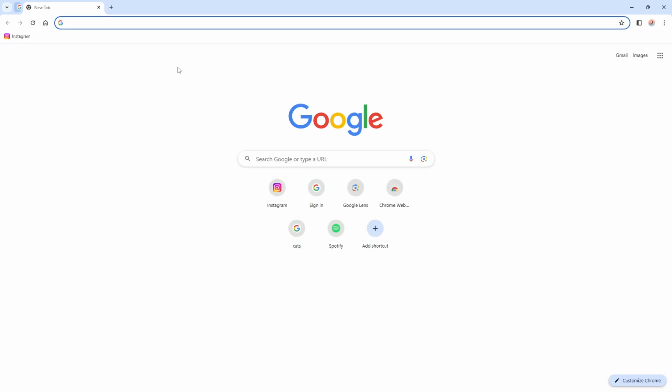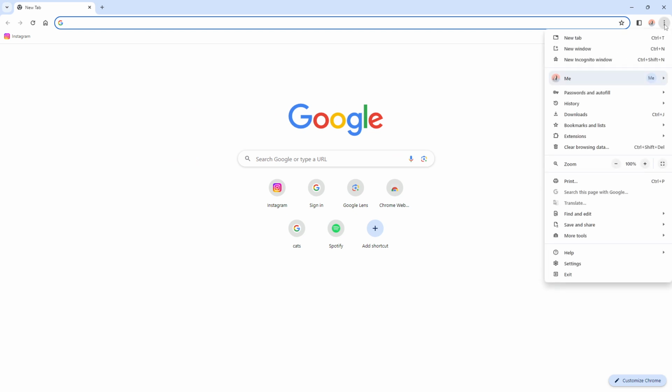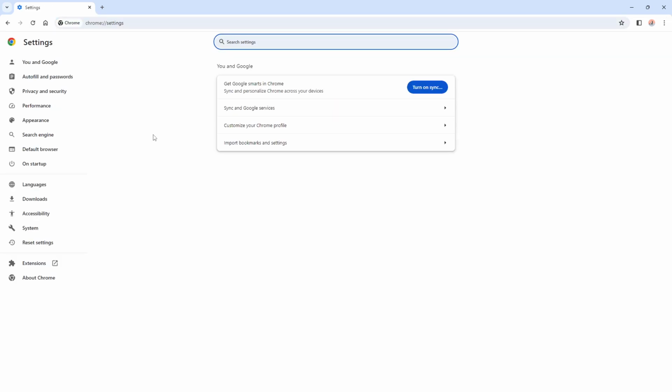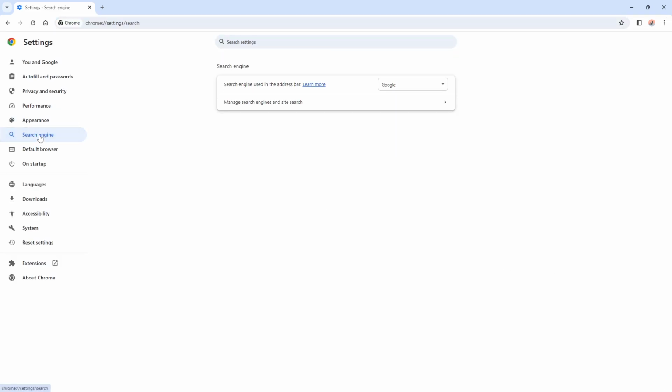Now I can switch that and use a different search engine. Let's go to the top right corner and click on these three dots over here. Then go to settings. On the left side you can switch to search engine, and here we have search engine used in the address bar. By default, of course, we have Google. We can click on it to see the list of all other available search engines,